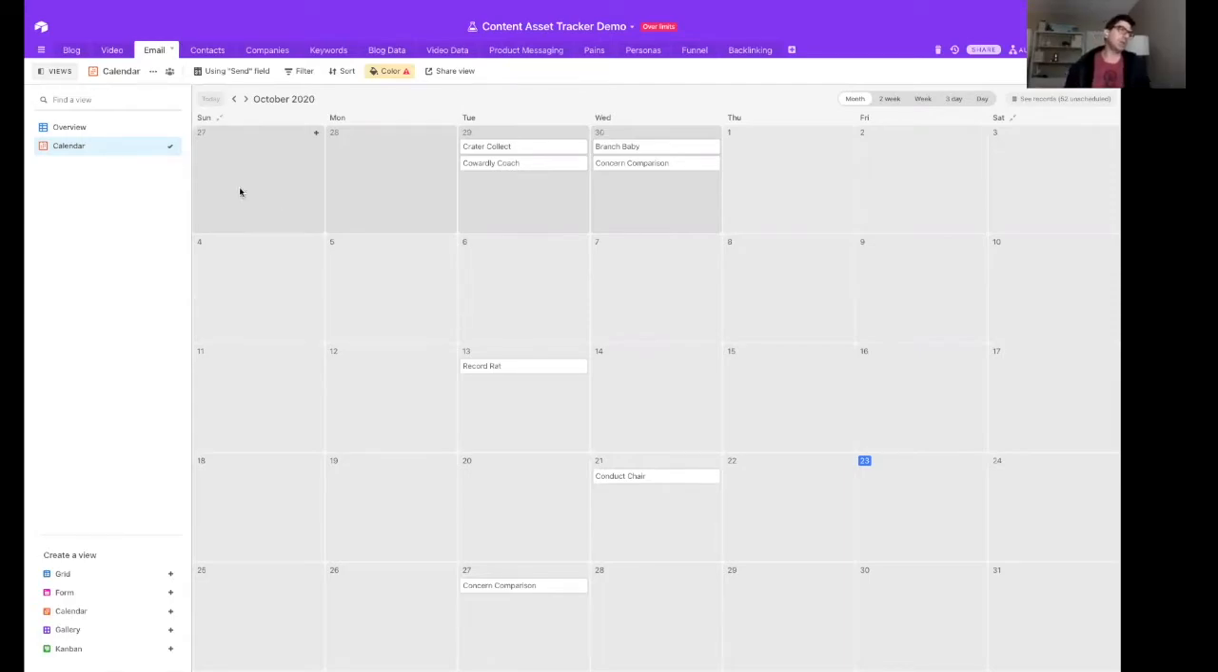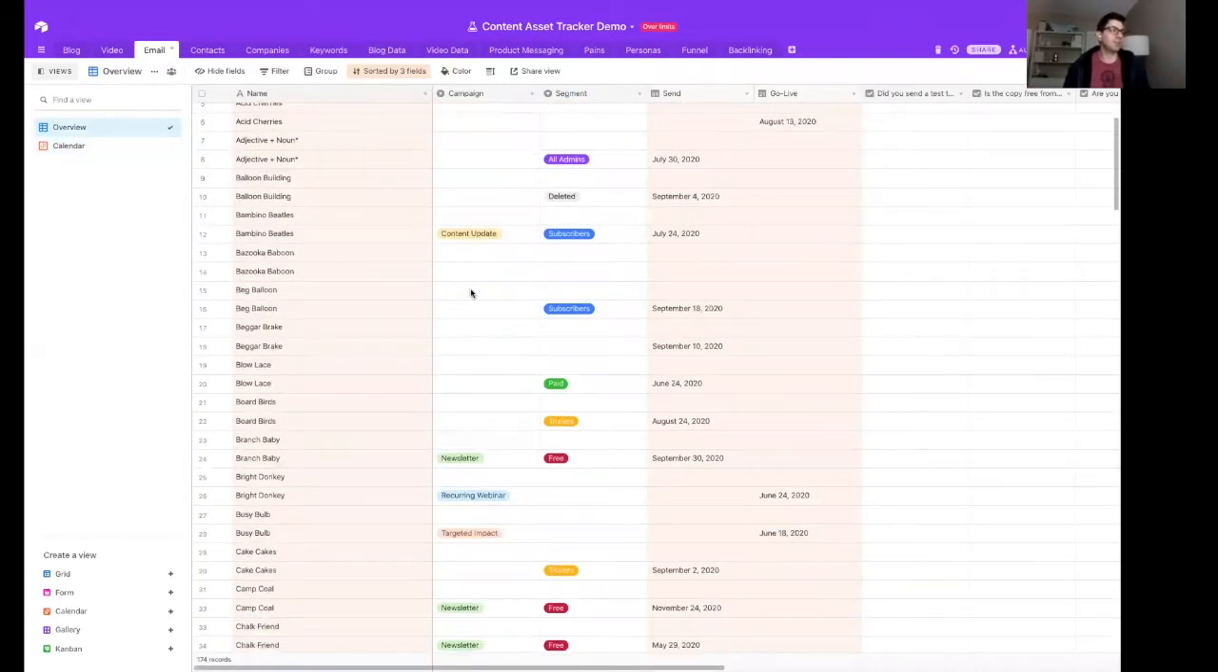But our current email CMS doesn't use HubSpot, but we still needed a way to manage all the different emails that go out. We've got a few different people who work on them. We've got a few different segments. And so this is just basically an email calendar. The overview